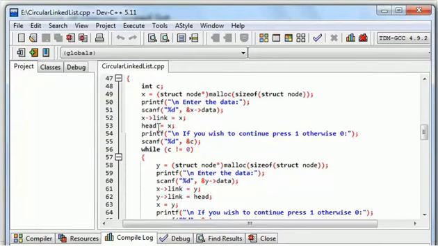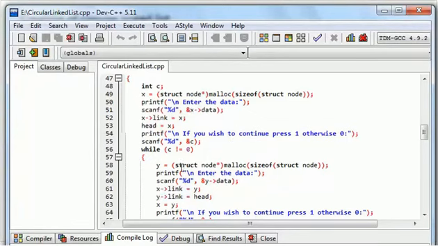So this head, which is representing the first node only, which is having the address of the first node only, simply indicates the beginning of the list. Now from this onwards we are not going to change the value of head unnecessarily. We are going to keep it as a reference for the starting point of my list. So further, now I am asking my user what do you want to do. Since the user has pressed 1, we are going to create the list.